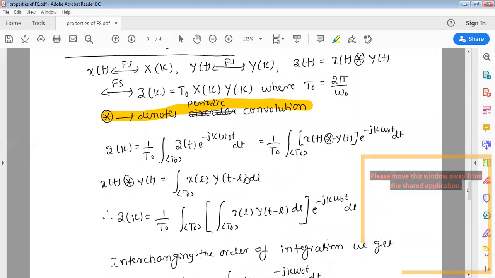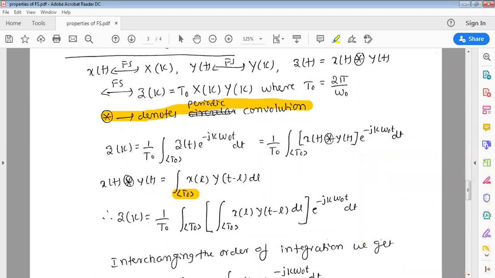So what is the difference between the normal convolution and this convolution? Both of them are the same, but the one difference is that it is performed for one period only. Even though the signal is infinite in duration, everything else is neglected. The results are given for only one period of time. That is the difference between this periodic convolution and aperiodic convolution. In aperiodic convolution, you go for the entire duration of the signal. Here, the duration of the signal is fixed as one period. That's the fundamental difference between this convolution and normal convolution. Any doubt here? Any doubt till now?